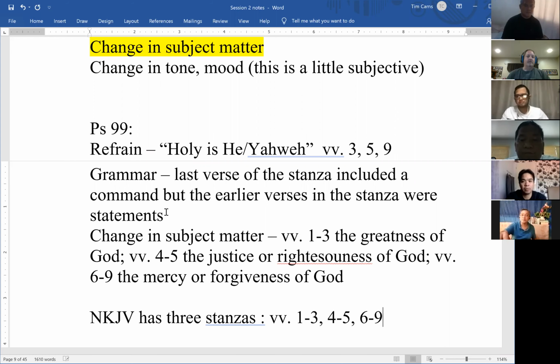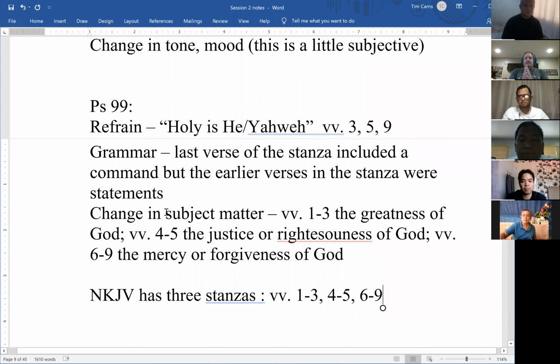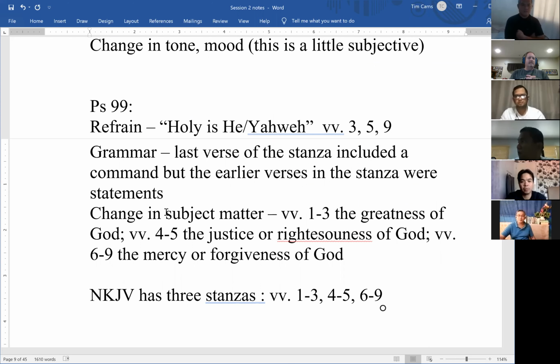Now, again, this is just early in the process, okay? As you study the psalm more, as we study together more, there might be some things that come along that tell us maybe it's 2 stanzas or 4 or something like that. So we're not ready to preach this psalm yet, right? So nobody preached this psalm this week, did they? Okay.